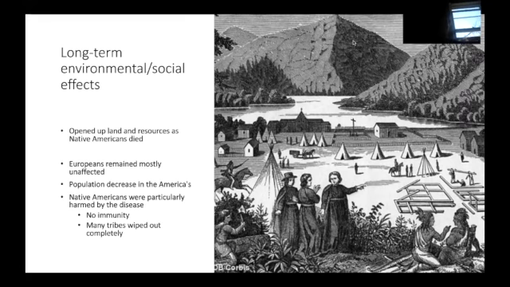All right. Next, we're going to talk about some long-term environmental and social effects that resulted from chickenpox and the Colombian Exchange. So the main thing that happened is the European settlers came to the Americas, and the Europeans had been building up immunity against diseases like chickenpox for decades. So they were a lot better off. Their body was better at fighting off this disease.